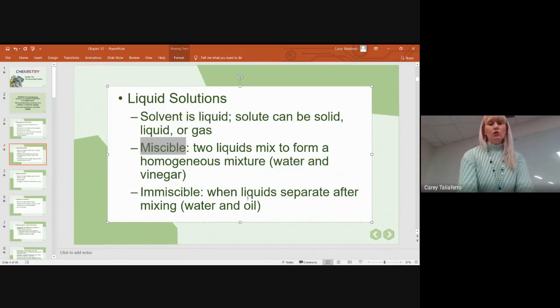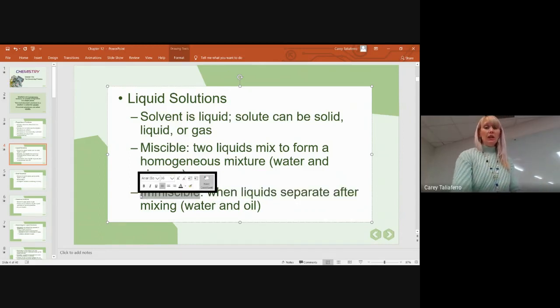Now, if you try to put two liquids together and they don't dissolve, it's said to be immiscible, meaning you